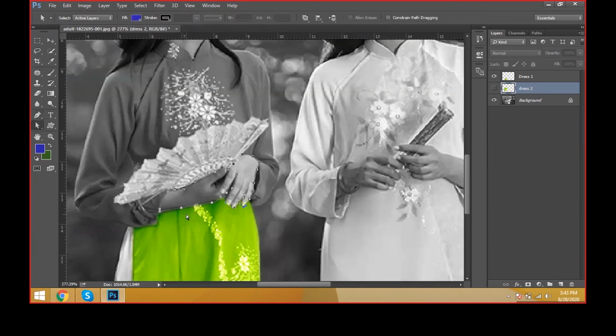Like this. Control Enter to select this one. Control Enter for path selection.